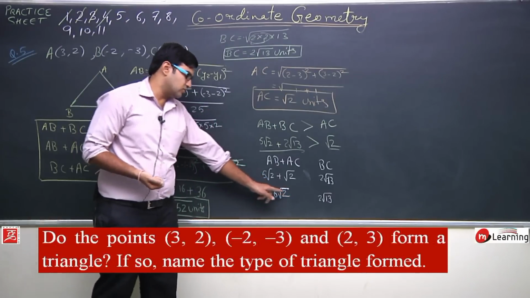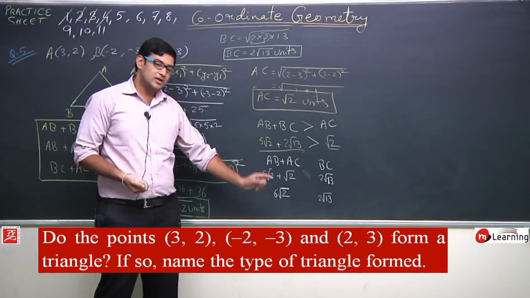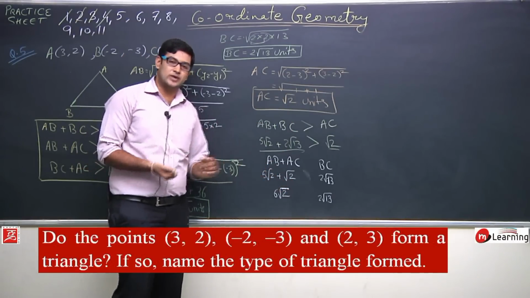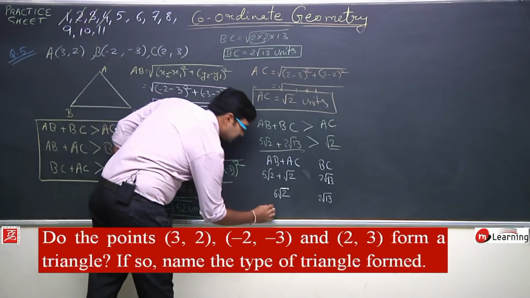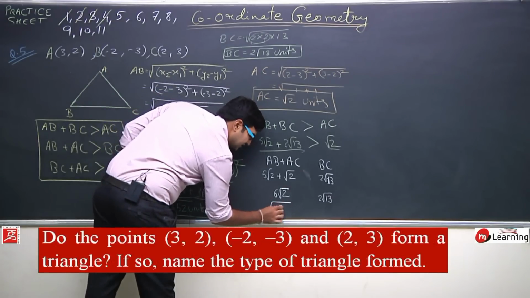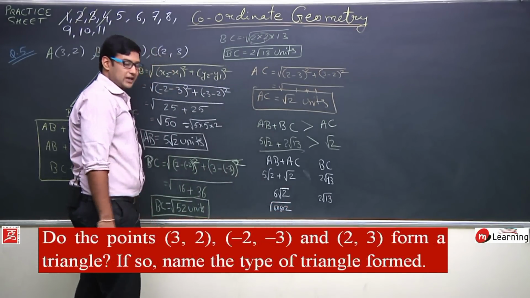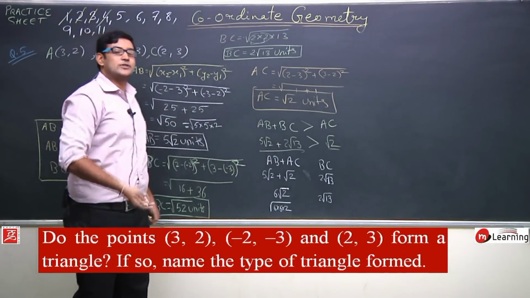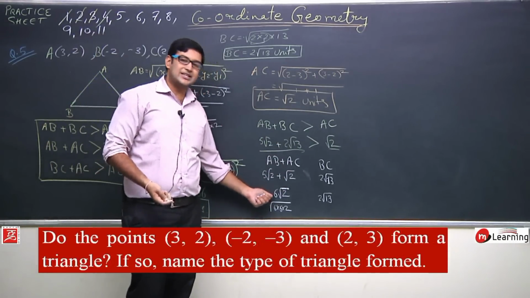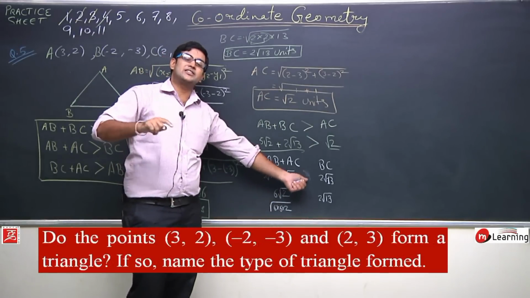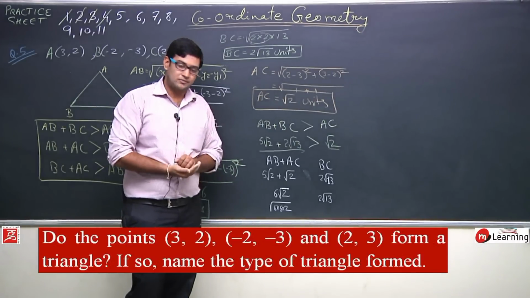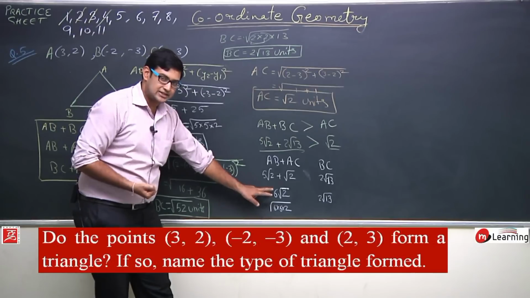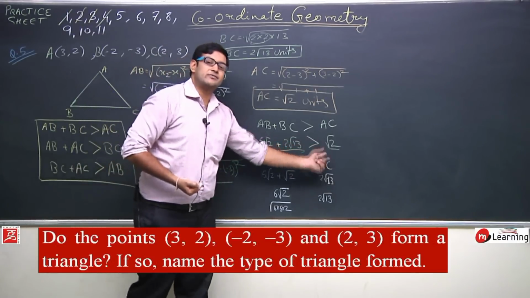When we shift this 6 into the square root, what will happen? This 6 will become a square. This square of 6 will be shifted inside the square root. I can write this expression as square root of 6 into 6 into 2. Why? Because 6 will get shifted into the square root, so it will become the square of 6. We have one 6, and when we shift it inside the square root, it will be shifted as two 6s. You can see that this expression is similar to this expression. I just squared this 6 and shifted it inside.